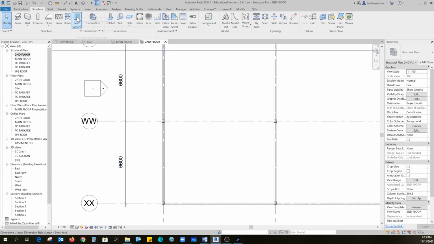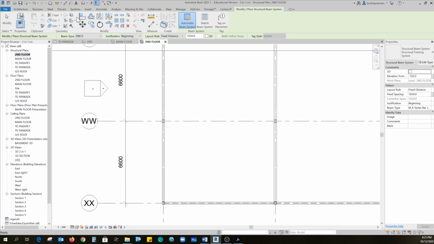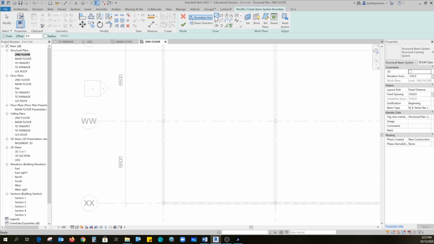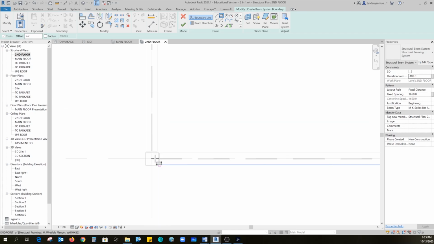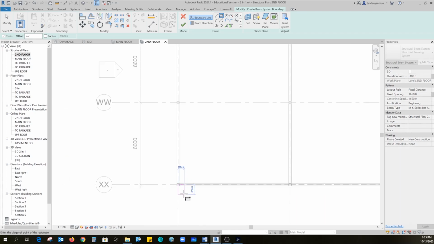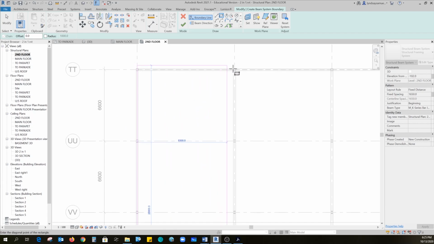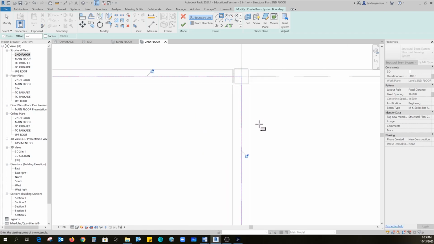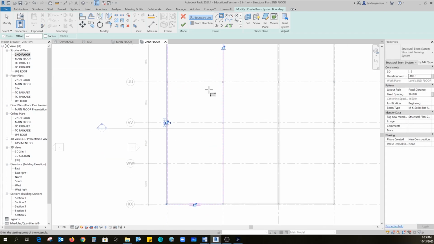So back to the beam system tool. Sketching the beam system. I'm going to use the rectangle tool. I've set my fixed spacing. I have the justification at the beginning, and I've set the elevation of these guys to come in at -102. Get the rectangle, and just like everything, I use my grid line intersection up to the top of that bay. Before you hit the green check mark,